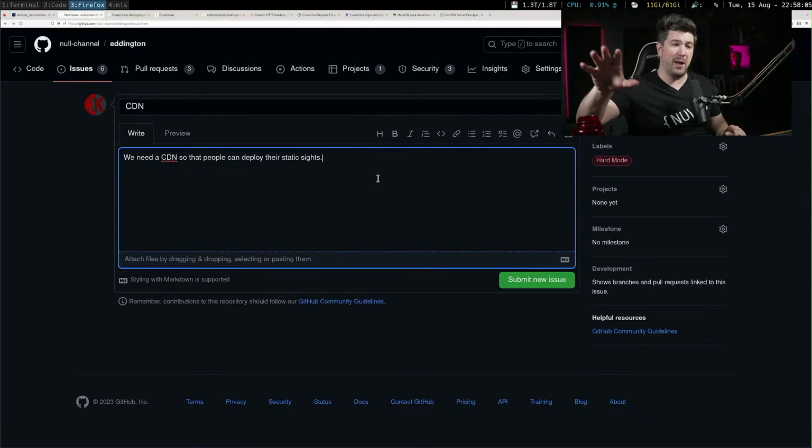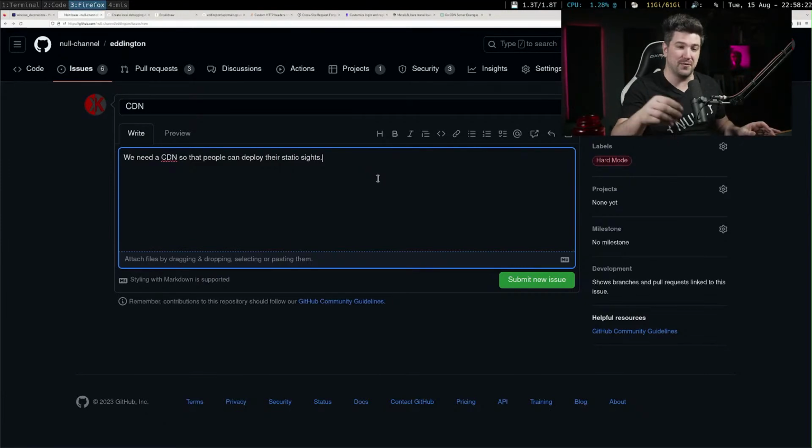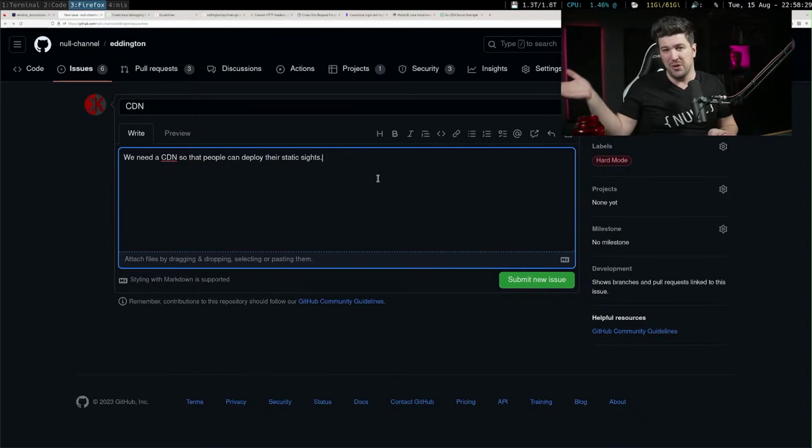So you can build it in a pipeline and deploy it to me, or you can point me to a Git repo with all the static stuff already built. And then we can add in pipelines to build. Like, I think Hugo is a pretty big static site generator for Go, and we could put in a Hugo build. So basically if you have a Hugo project, I can do the build for you, generate the static stuff and host it all for you. But that would be supporting Hugo specifically. We need a CDN first, and then we can add the other support for the other stuff.